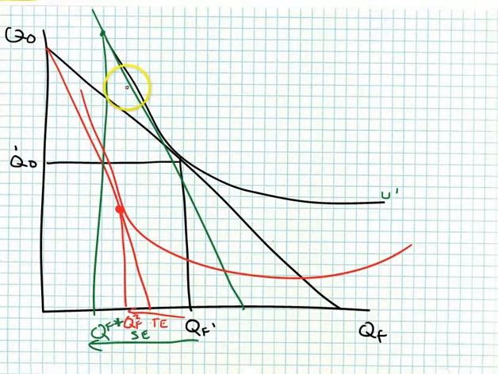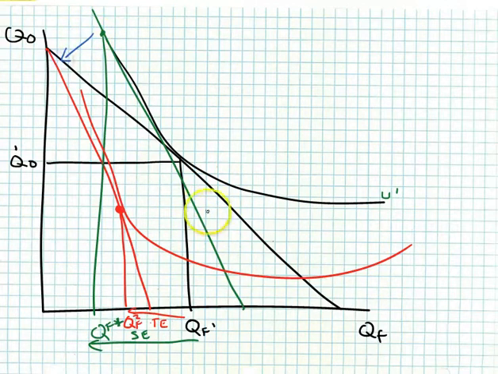How would you have to compensate me? And that's where we drew the imaginary budget line parallel to the new and final budget line at higher prices and tangent to the original utility curve. So we have found the substitution effect and the total effect. What is the income effect? Well, the income effect is that parallel shift